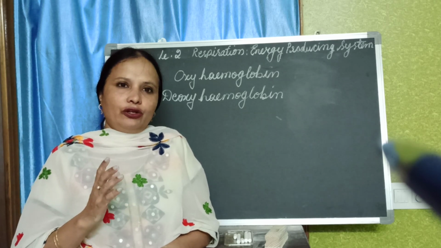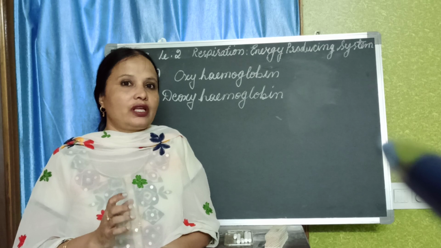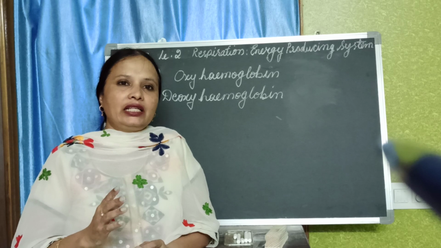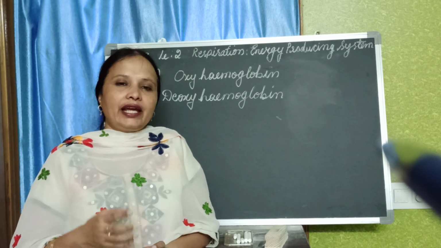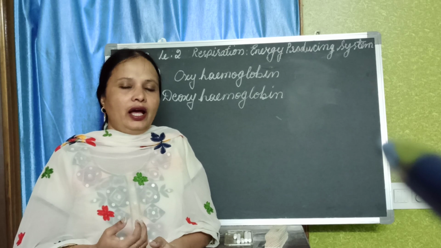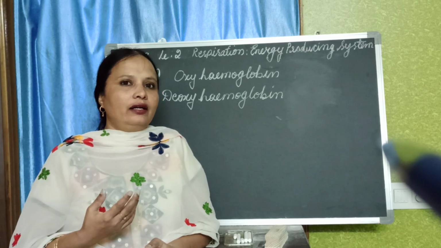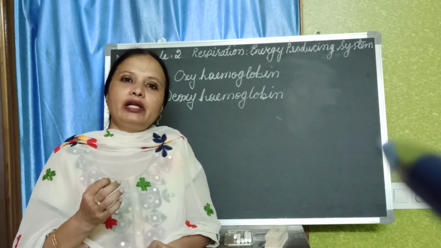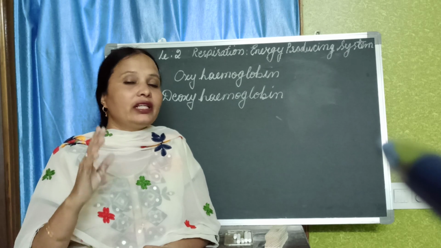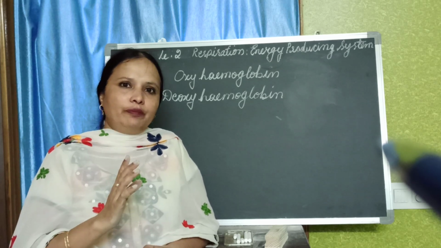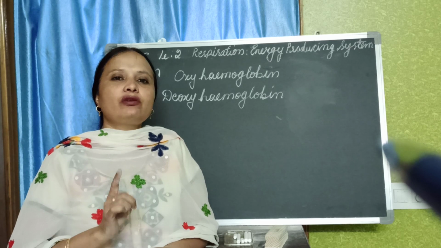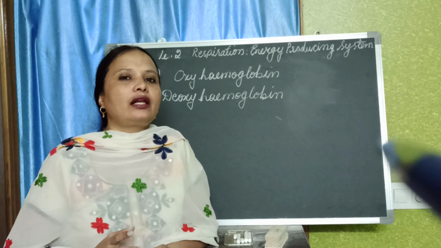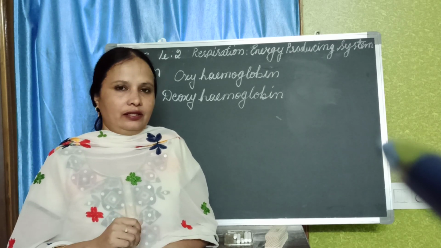In 9th class, in your third lesson, animal tissues, we learned about blood as one of the connective tissues. Blood is the fluid connective tissue because most of it is water, and its main components are platelets, RBC and WBC. What is RBC? Red blood cells. That means the color of it is red. And why are these RBC red in color? Because they have hemoglobin in them. Hemoglobin, how is it getting its color? Because of the presence of iron in it.